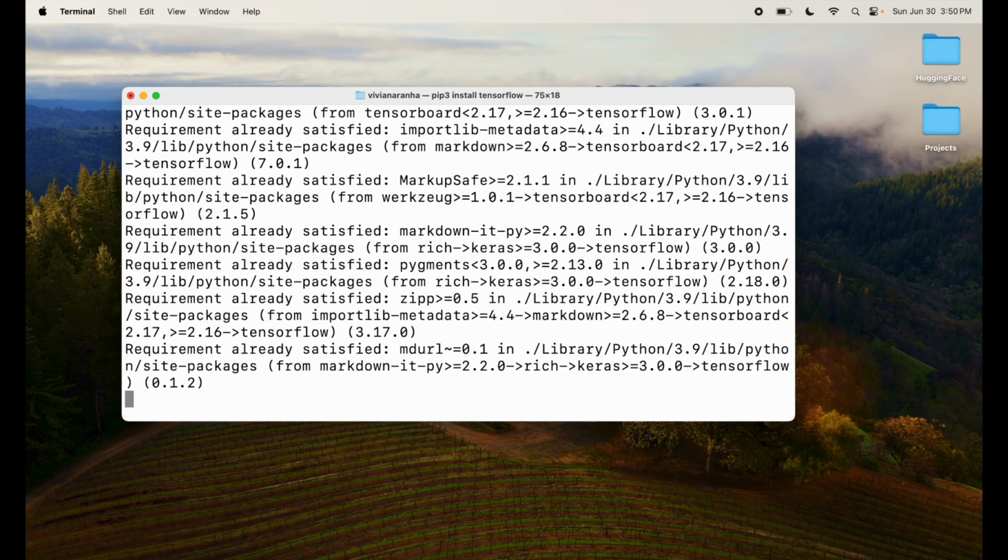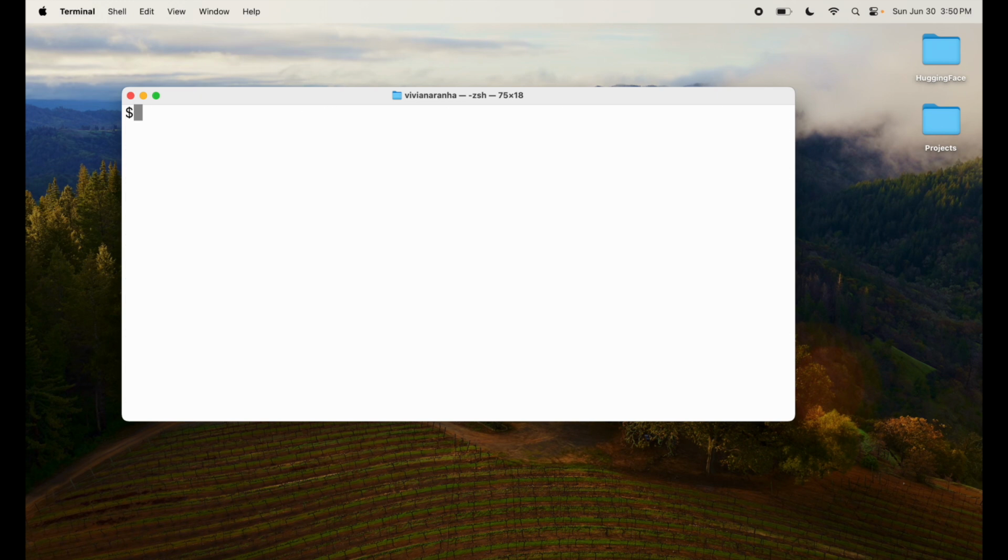Again, if it takes longer for you, it's just because this is the first time you're doing it. I'm not, so that's why it's pretty quick for me. I'll clear this out. So now that we have finished installing PyTorch and TensorFlow, the next one is